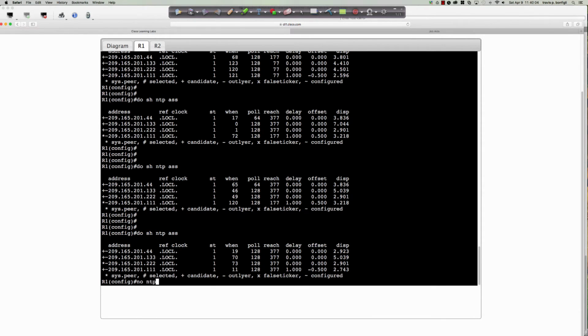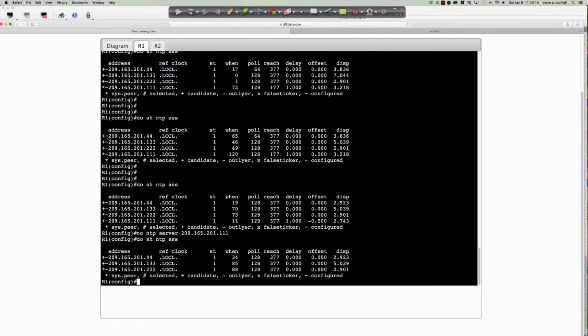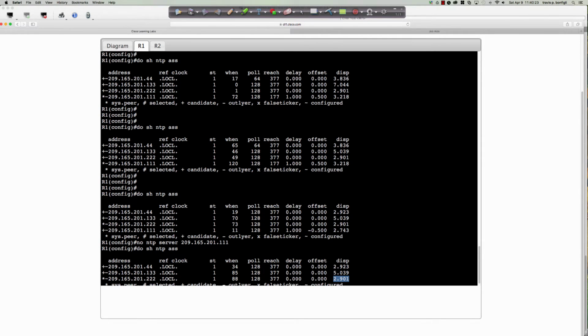No NTP server 209.165.201.111. So now when we say do show NTP associations, the lowest dispersion time should get picked up next, and that right now would be, and yeah, there it is. Take a look at that. So let's take this one step further. Let's get rid of